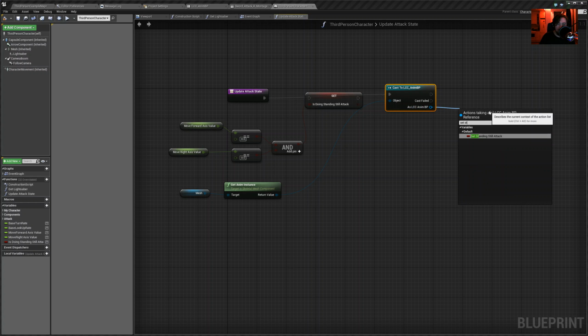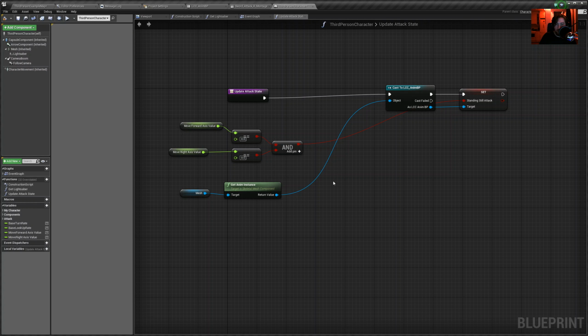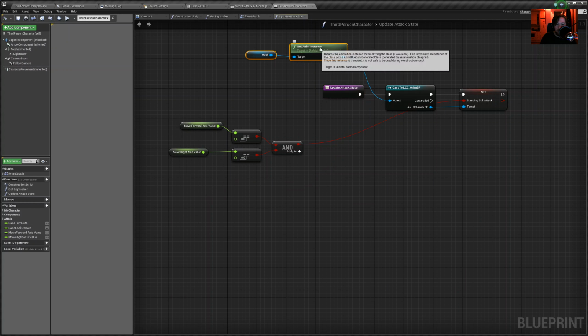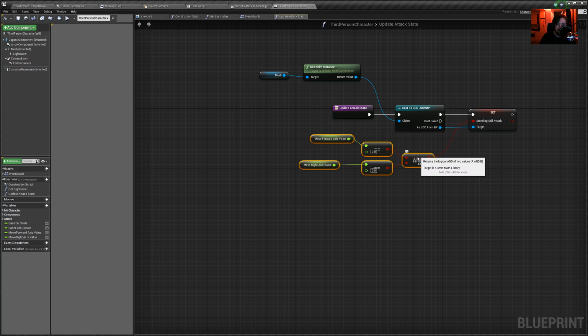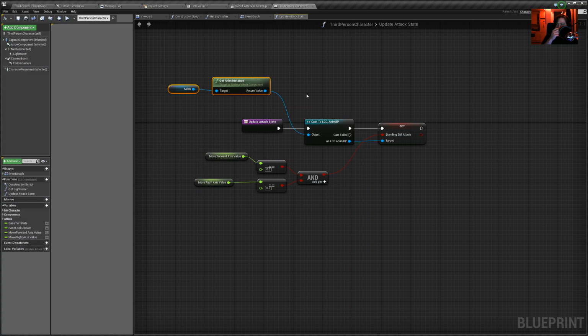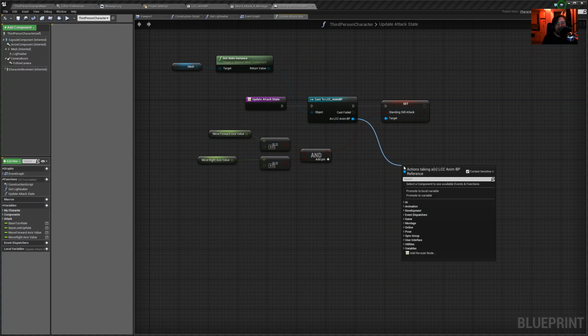So set standing still attack. Same thing, and now we can just get rid of this guy altogether. So now we're directly setting this value. So you would ask me, well, why did you change your mind? Well, the thing is that now, depending on this value, we will need to switch the way how we do root motion anyway. So we needed to get the animation instance and cast it to our animation blueprint anyway. So why not do both? Okay, so now that we have it,